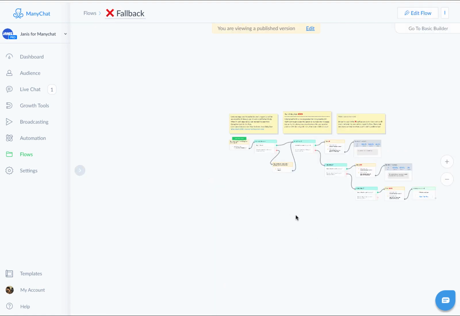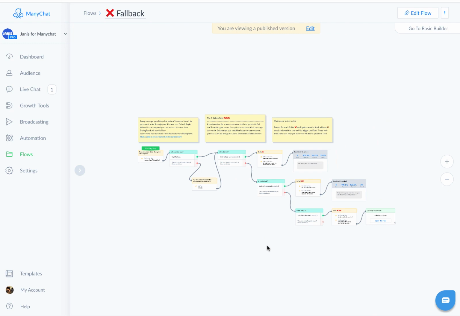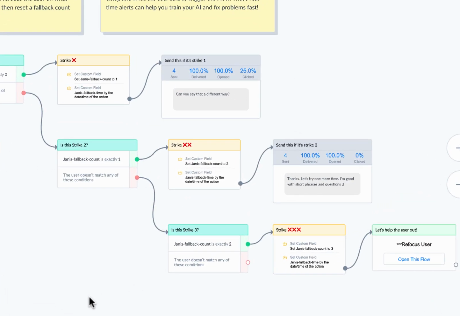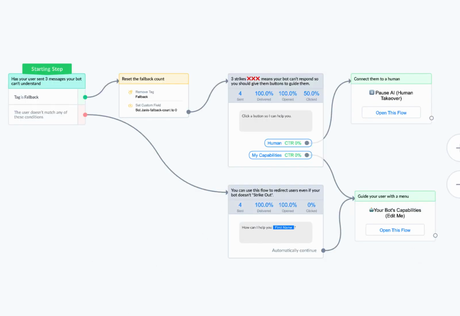The fallback flow is really designed to help you get the user to send their message a little bit differently so that maybe you can try and understand them. Just because they send a message once doesn't mean you can't respond. Maybe they need to rephrase it. Maybe their message was too long, or you hadn't trained a response with Dialogflow yet to be able to respond. And then on the third try, if you still can't respond, then you can refocus the user. So the refocus user flow,